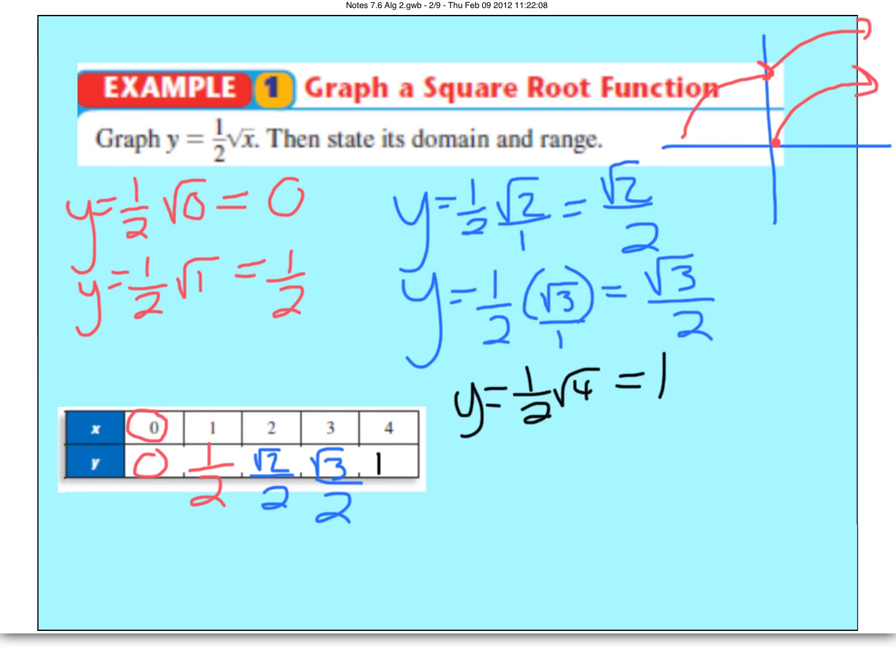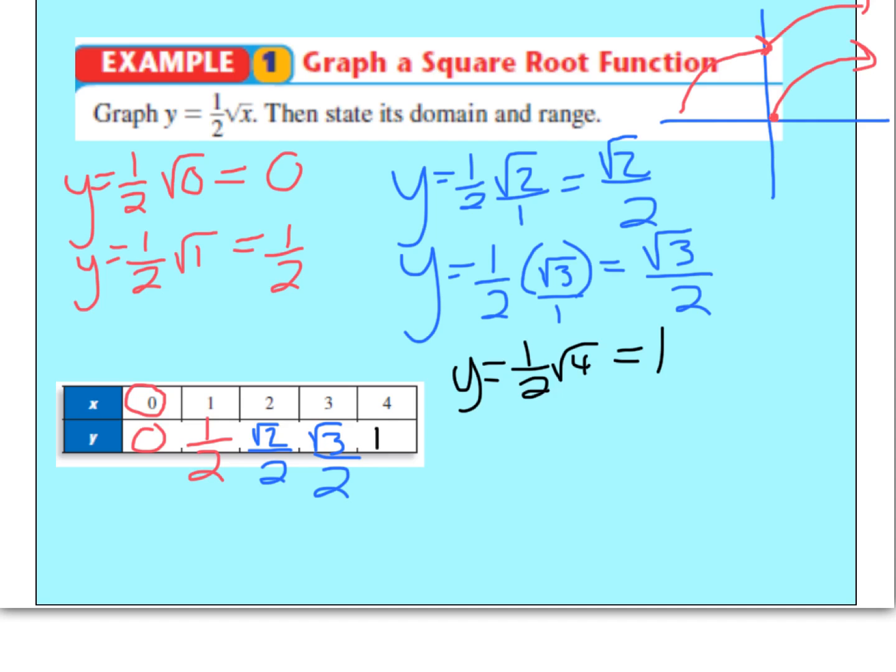Now if we sketch out some graph paper and graph this function, we have to have x's all the way over to 4, and our y. So that'll be our x and our y. Plotting the first ordered pair, 0, 0 is right here. 1 and 1/2 is about right there. 2, and then the square root of 2 over 2, if you put that in your calculator, the square root of 2, and then divide that by 2, you're going to get that the answer is about